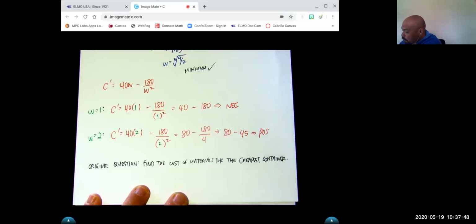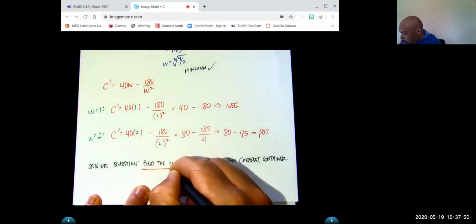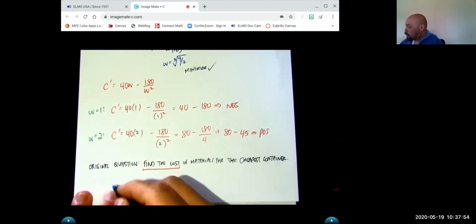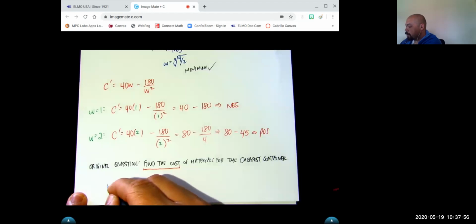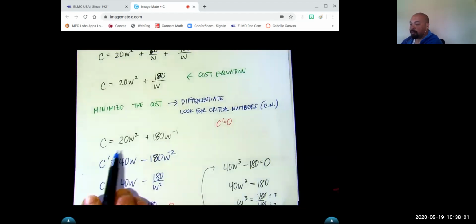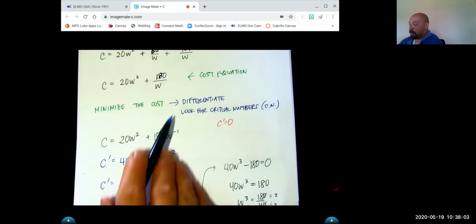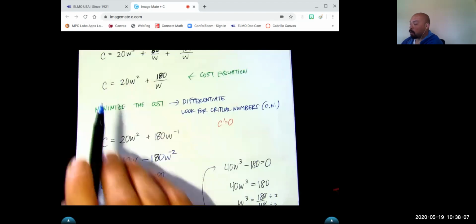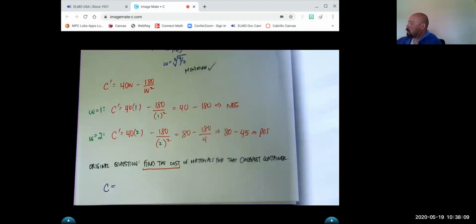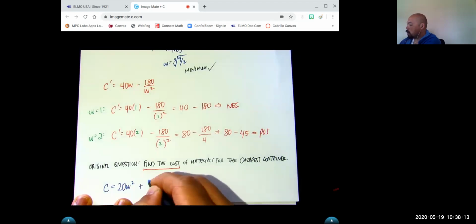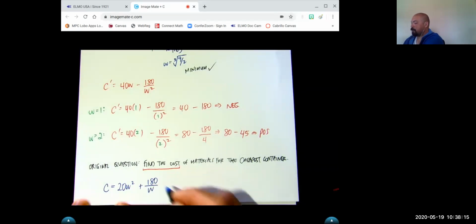But we actually want to find the cost. So in that case, going back to our cost function, our cost equation that we had differentiated, there was my total cost that we computed, right? I want to go back to that. So my actual cost then, 20W squared plus 180 over W, right? So there's my cost. So when I plug in